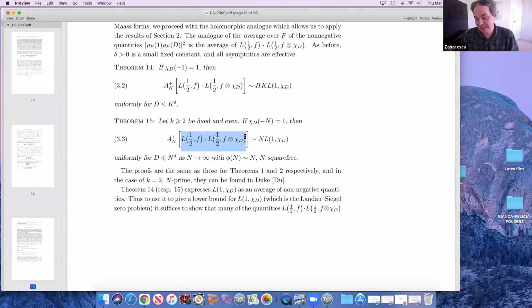So this is very interesting. You take an average like that, and they are able to recover from this average the value of GL1, or in other words, the average of the value of a Dirichlet function, not at 1/2, but at 1. So that's a clear attack on Landau-Siegel zeros. I don't know if this was confidential or not, but I remember Peter told me at the